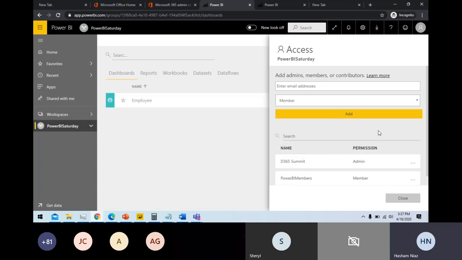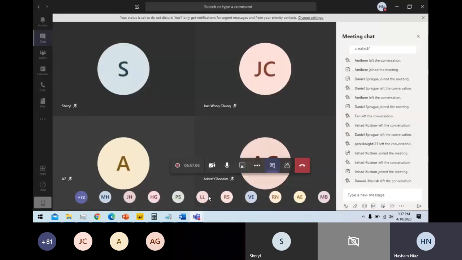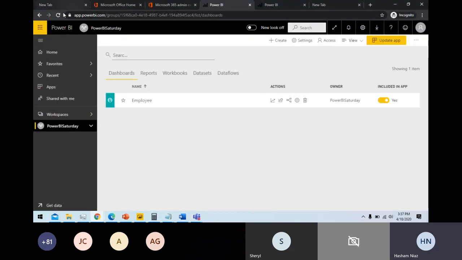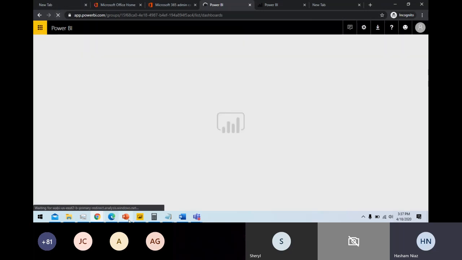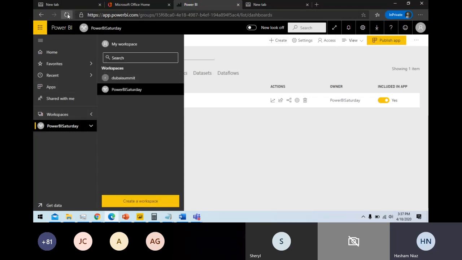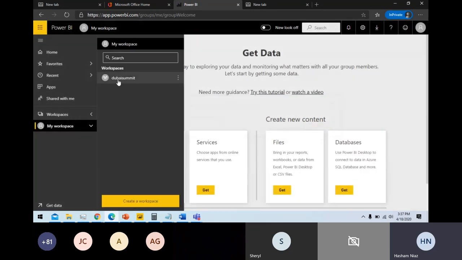Okay, now go back here and remove the access. So I'm going to remove the access again. Sorry if I'm making it more confusing for you guys. If you have any question, you can ask. So now I have removed the access. Why am I doing this? So you are all aware of the practices, how to share the report and what the different permission levels are. This is between app and workspace. So we are only doing this between app and workspace. So now if I go back here, the access should be removed. Okay, so it's showing that you don't have any more access to this.